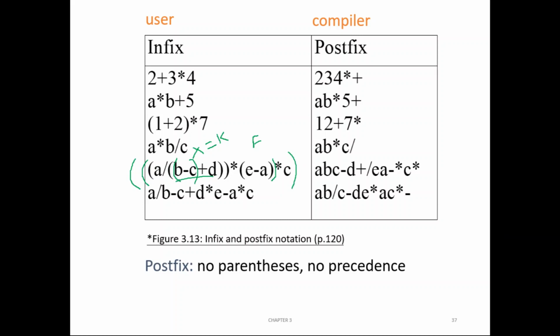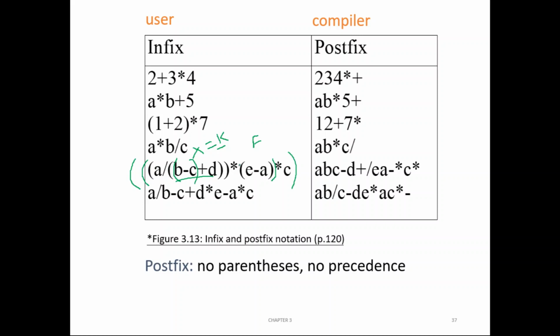So because this is the innermost thing, B minus C plus D. Again when you see this minus and plus, it should go from left to right. So this part will execute first. B minus C plus D, that is evaluated to X. Again you have another bracket. Okay, so that should be done first because it's left to right. So it will do A by B minus C plus D. That only we are taking as k, right? That is done already. Next, what should be done means there is another bracket, so you should move towards right.